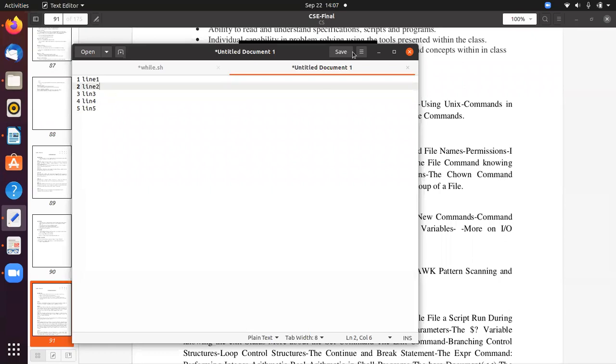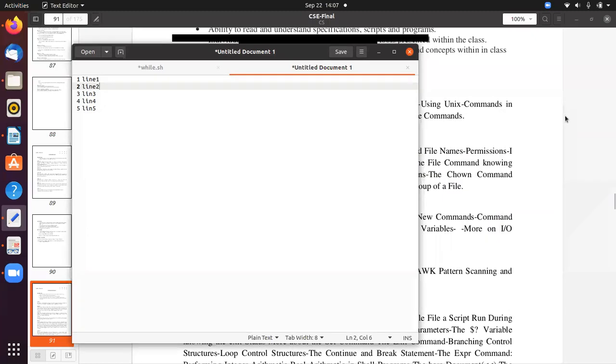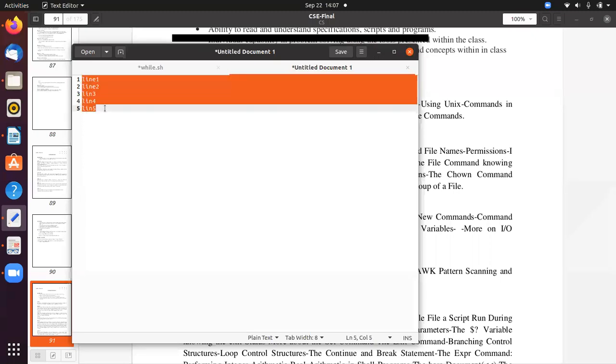But when you write programs for real-time applications, there is no need to execute all the instructions. In this case there are only 5 lines and all 5 lines are executed, so we say that we don't have control over the execution of the program. But in real-time applications, we control the execution of the program.